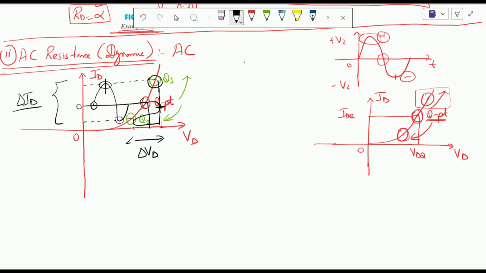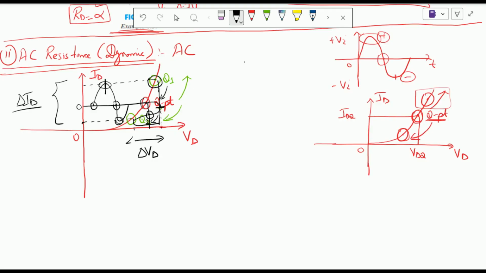Then when the cycle again reached the 0 point, the Q point retracted from Q1 again to Q, and we can see the current and the voltage also came back to their resting position. Then at the negative cycle, the current reached its lowest point, the Q point moved from Q0 to Q2 over here, and the lowest point is also reached for the current and the voltage. So this is how the Q point is moving between minimum and maximum values with regards to its ID and